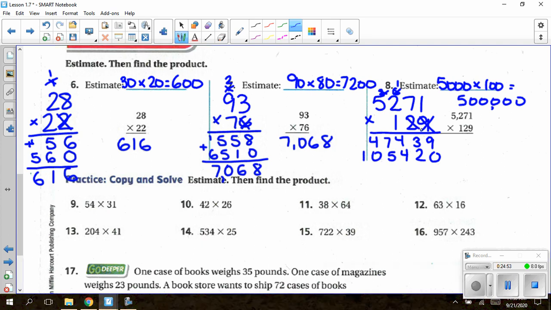Now I'm going to cross off that 2, and now since there are 2 digits crossed out in that second factor, I must drop 2 zeros, and then make sure anything that you regrouped is crossed out as well. So my final step is to multiply the 1 to everything. So 1 times 1 is 1, 1 times 7 is 7, 1 times 2 is 2, and 1 times 5 is 5. Add those two partial products together,